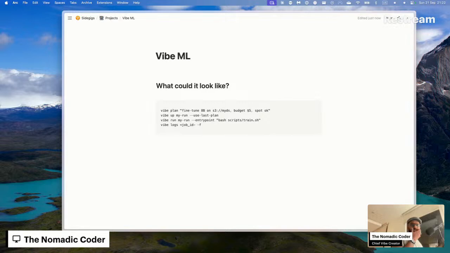Hey, I just want to build something like, plan, make a training plan, and then just run it, and then launch it. Now, what it could also look like, which I think is actually a nicer way of looking at it, is something like this.